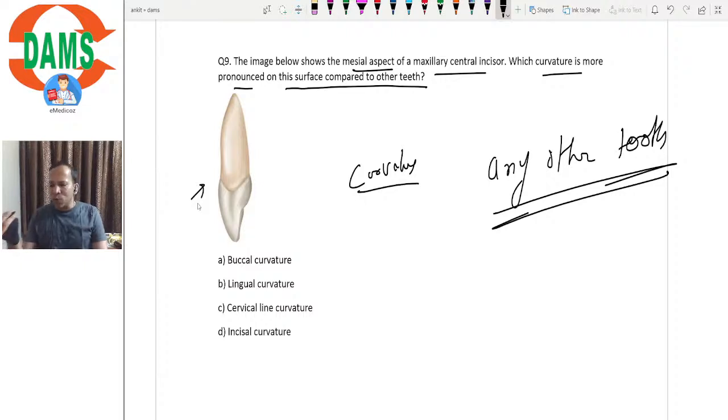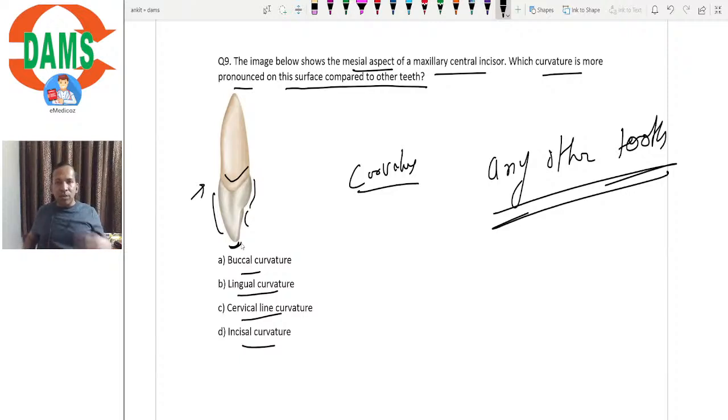So you have only limited curvatures here, right? Buccal curvature, this is the buccal curvature. Lingual curvature, this is the lingual curvature. And here, then the cervical line curvature. So this is the curvature of the cervical line. And then the incisal curvature. Incisal curvature जैसा तो कुछ है नहीं, but if you want, you can take this curvature as the incisal curvature,